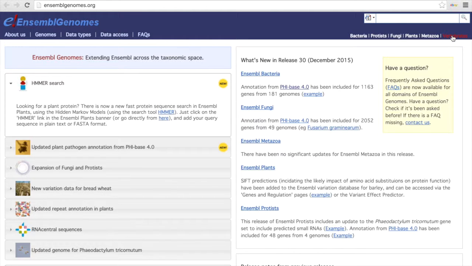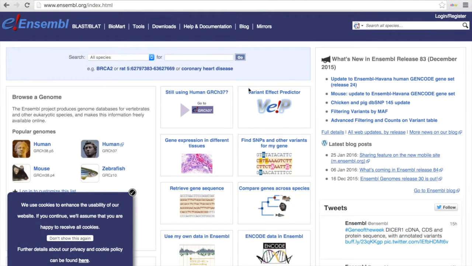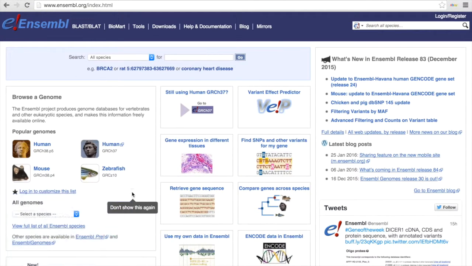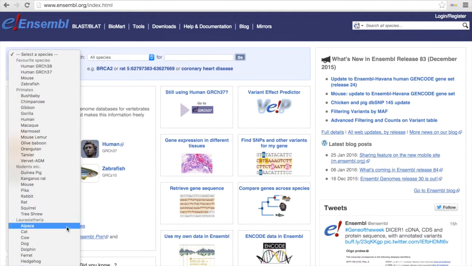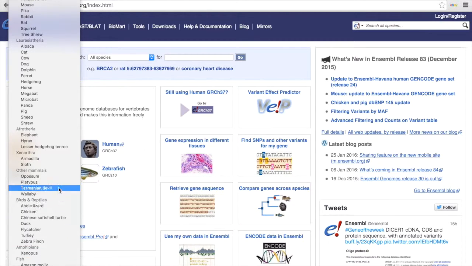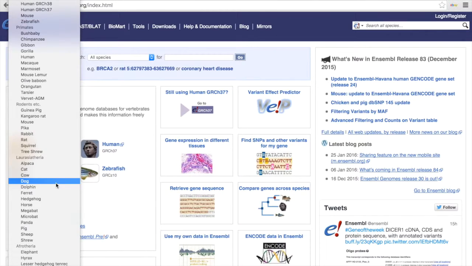So I'm going to go to the vertebrate genome database, and here we have our Ensembl genome database. Now we can browse a genome. Popular genomes here is human, but you can also select a species down here. So I'm going to go to the human via this route just to demonstrate that you can use this. You actually have a list of different species that you can see in this database. Okay, so we've got fish and amphibians, birds, reptiles, and mammals, and we're obviously going to go to the human and